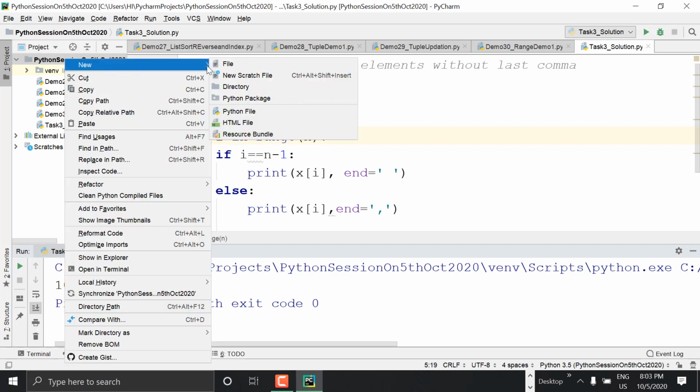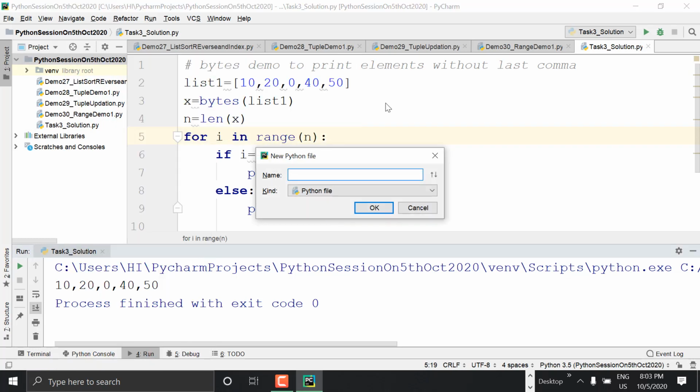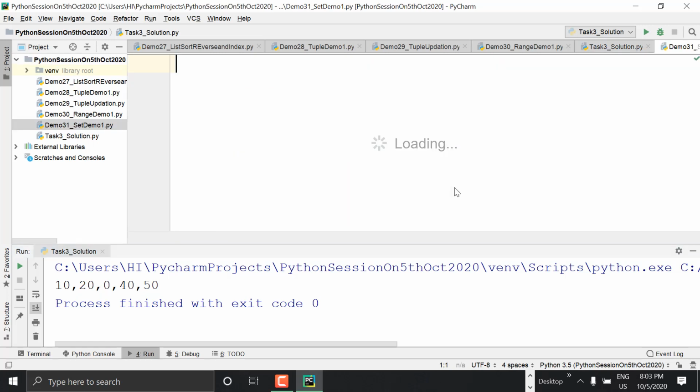I put 10, 20, 30, again 20, 40, 50, anything. Here 20 is repeated twice. Print of s1. See the output now? The output is 40, 10, 20, 30. So 20 is displayed only once.